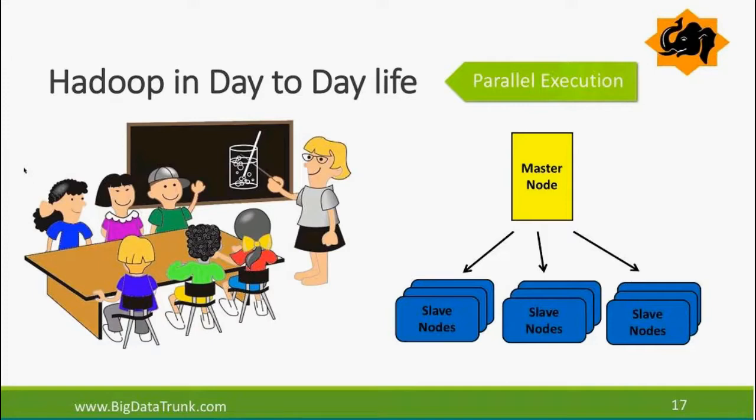So what happens, let's say I ask this big data cluster a question: who is the richest person in the United States? Bringing all the data and churning through all the data, the master or the one machine trying to do that is going to take a lot of time. The way Hadoop implements that, let's say we have 50 machines in our cluster for simplicity, and each machine is storing one state's data. One is storing California's data, one is storing Texas data, and so on and so forth.